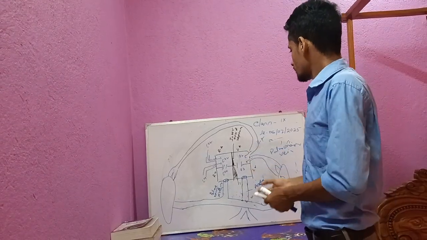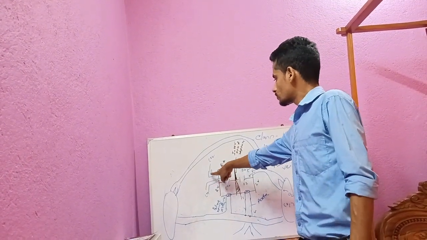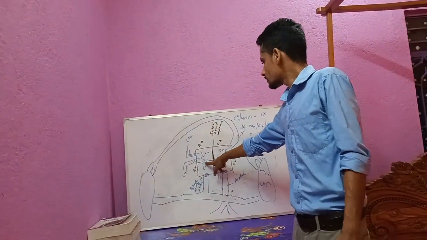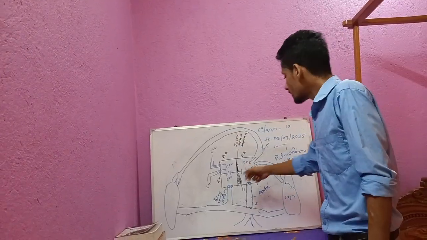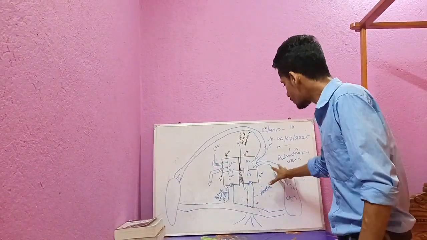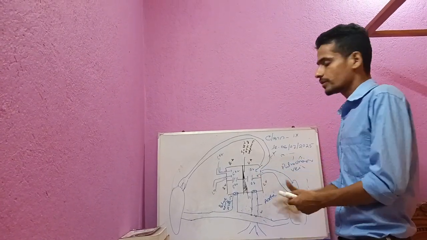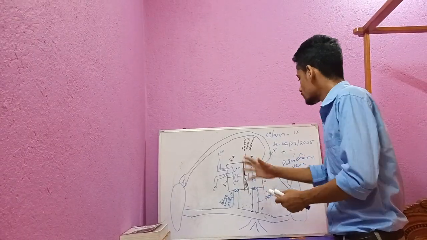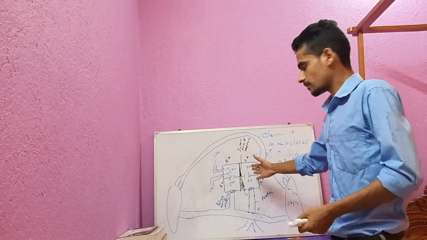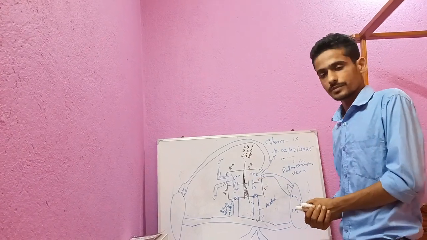If we summarize it, from the upper portion and lower portion of our body, deoxygenated blood enters the right atrium through the superior vena cava and inferior vena cava. From the right atrium, blood enters the right ventricle by passing through the tricuspid valve. From the right ventricle, blood enters the pulmonary artery and goes to the lungs. Here gaseous exchange takes place and deoxygenated blood gets converted to oxygenated blood. This oxygenated blood enters the left atrium through the pulmonary vein. From this left atrium, blood enters the left ventricle by passing through the bicuspid valve, or mitral valve. And from this left ventricle, blood enters the aorta due to contraction of the left ventricle and circulates